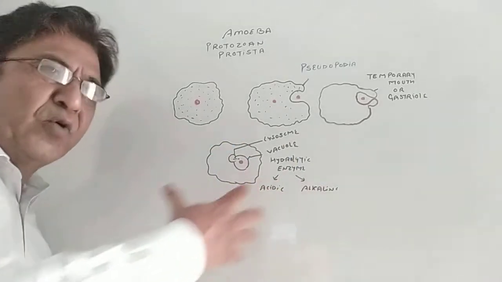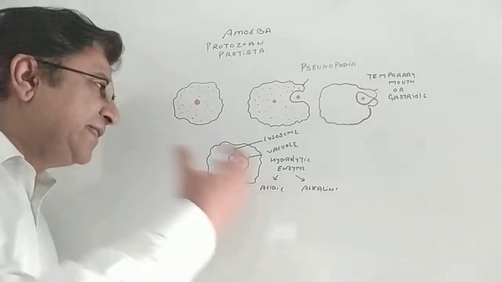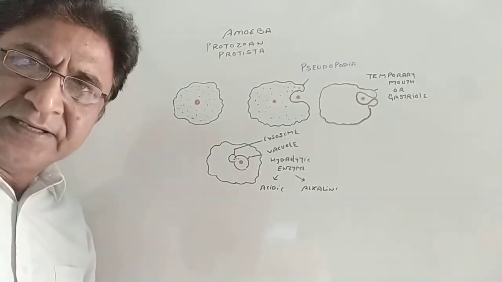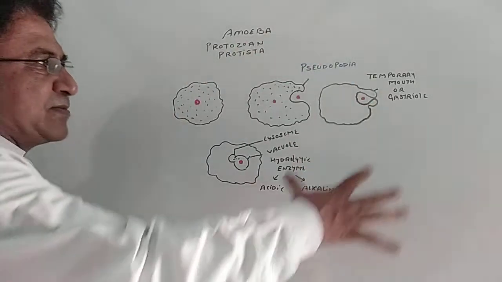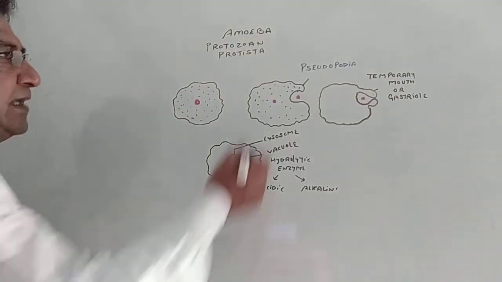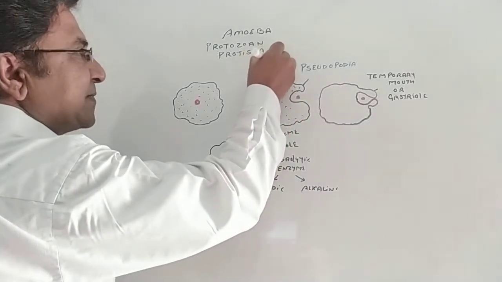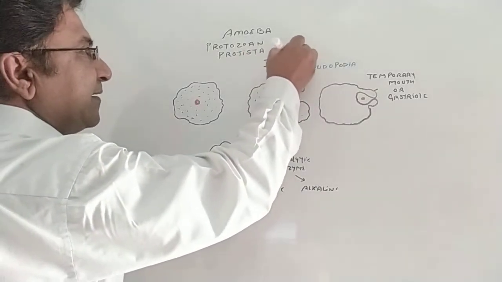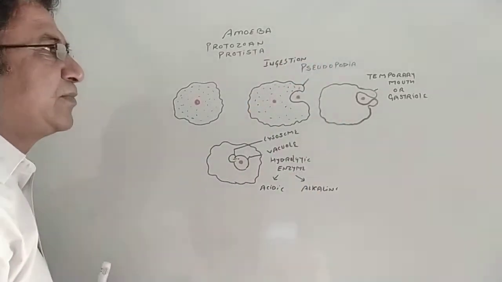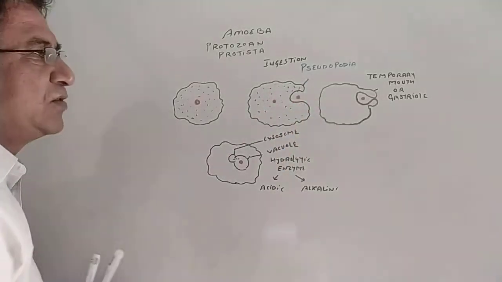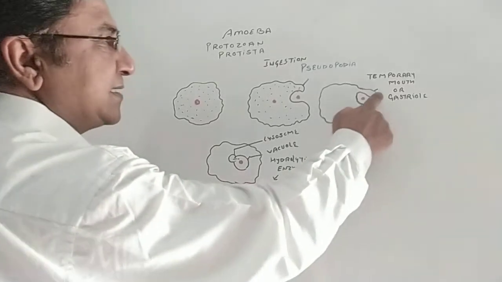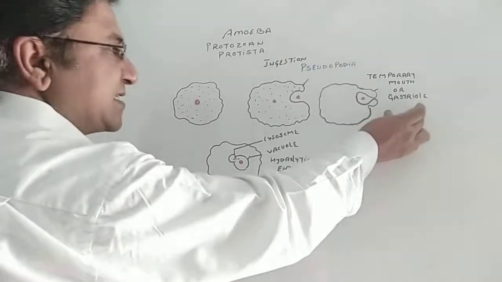Right? Then it is absorbed in the cytoplasm, and it is used by the cell for repair, growth, and also stored as food material. These all steps will again be discussed in the 5 steps of holozoic nutrition. First, in this step, ingestion is occurring. So how does ingestion occur in amoeba? With the help of pseudopodia. False feet are produced around the food material. They surround this food material and engulf it inside the body. This is also called a temporary mouth or gastrule.